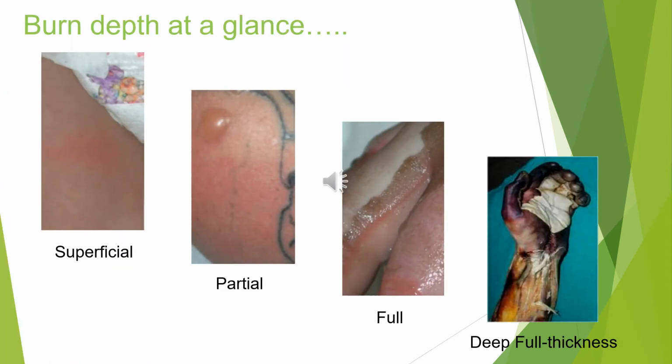With burns at a glance here, just several different pictures of real burns. Superficial, just red skin. Partial, you have the blistering. Full thickness, you can see how some of the layers of the skin have been damaged, and now we have shininess and oozing and weeping of the skin. And then with our deep full thickness burns, you can see that there's some ligaments that are showing there, and also we have